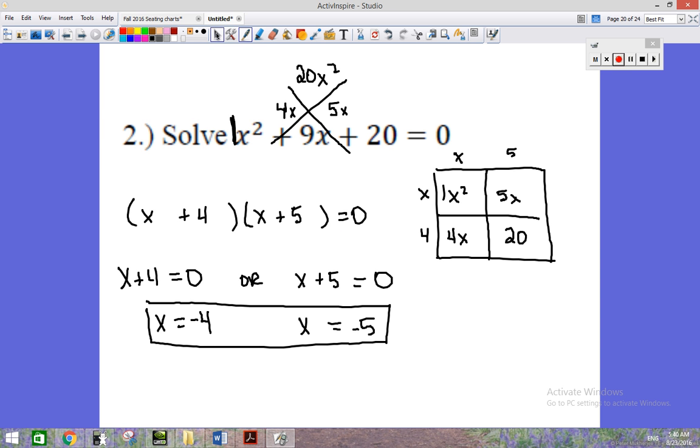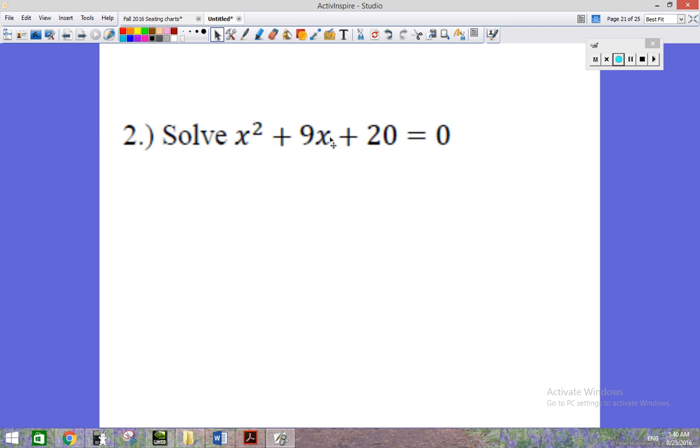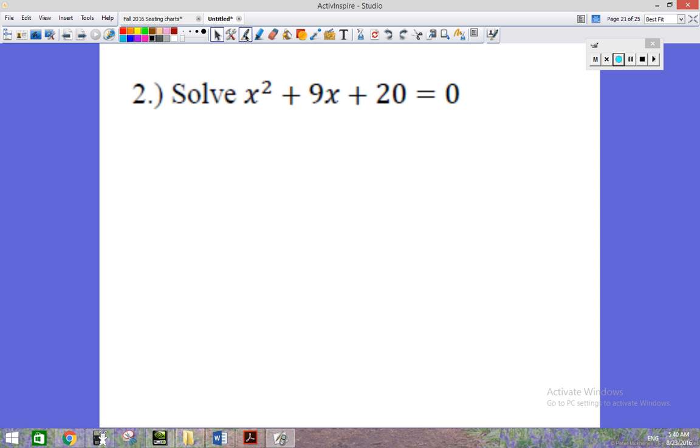Now let's go ahead. I haven't looked at the papers yet, but I'm sure that some people may have used the quadratic formula. So let's do the same problem again, illustrating that we would get the same answer with the quadratic formula. So we identify a, b, and c. This is in standard form, in descending order, and we identify